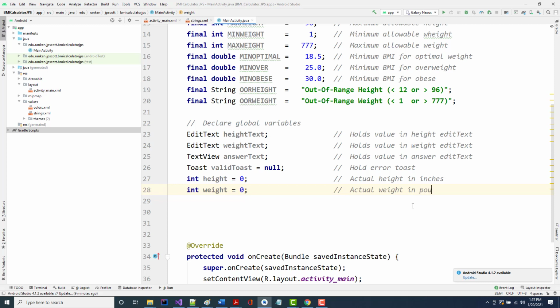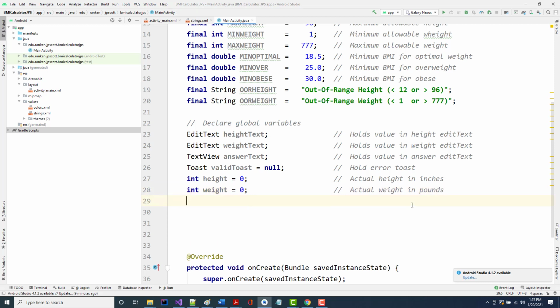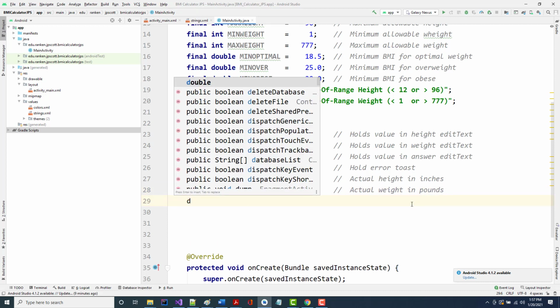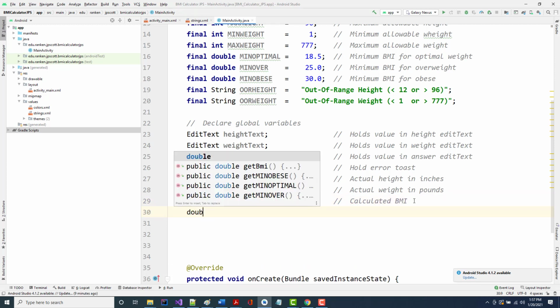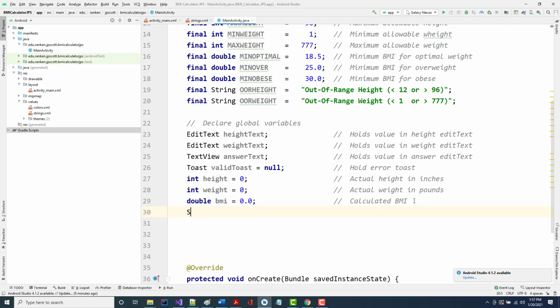What else? Double, I'm going to call it BMI value. Let's just call it BMI. That's fine. We'll set that equal to 0.0, and this will end up being our calculated BMI. Another string that we're going to call status. We're going to set that equal to the empty string. This will be our BMI status,